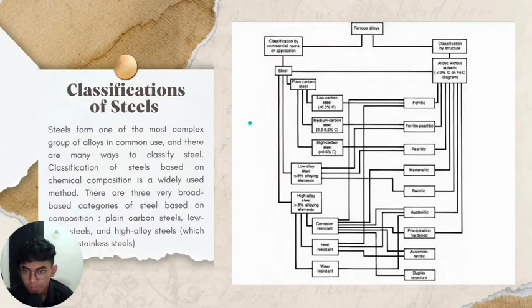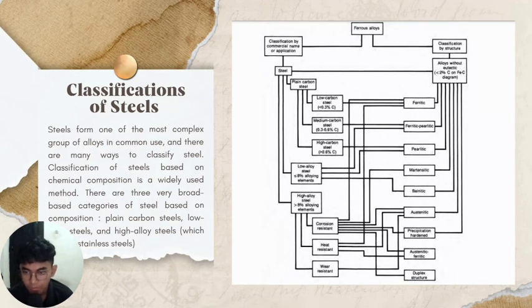Okay, the first one is classification of steel. Steel forms one of the most complex groups of alloys in common use, and there are so many ways to classify steel. The classification of steel based on chemical composition is the most widely used method,